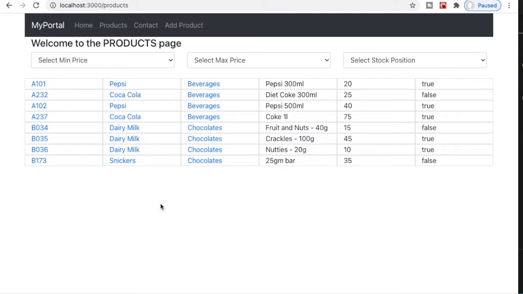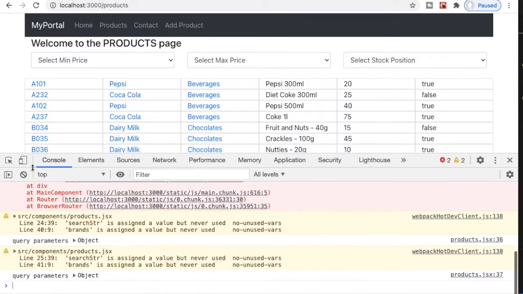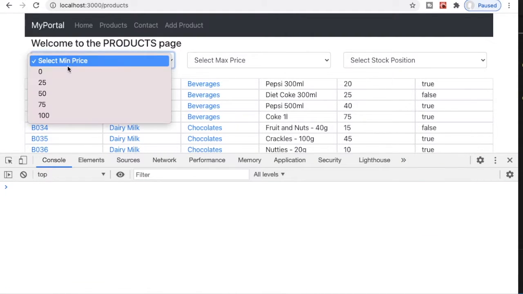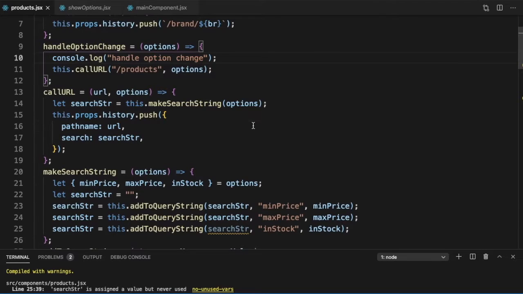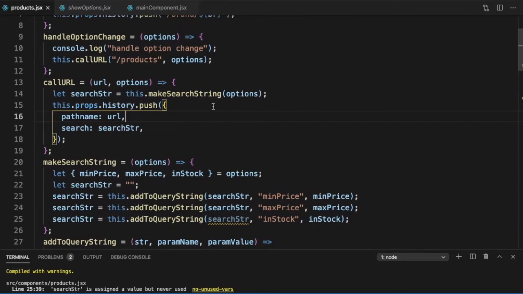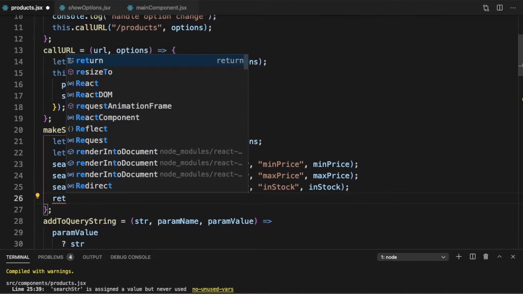Let's test it. So handleOptionChange is coming, and the query parameters are, so it's not calling that. We did not return our search string.